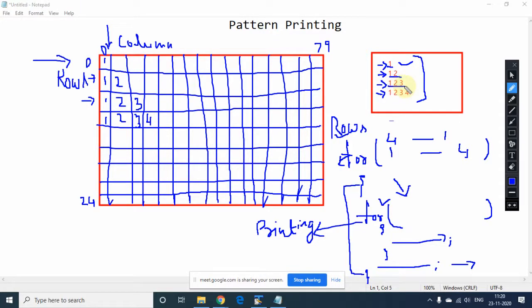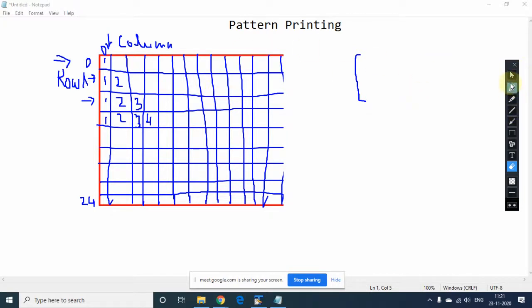The third time it again starts from 1 till 3, and the next time again from 1 till 4. So how many rows do we have in this question? Come on, how many rows? Sir, 4. So in this program 4 rows are there, right? Yes, sir. Very good. Now let me show you the output.